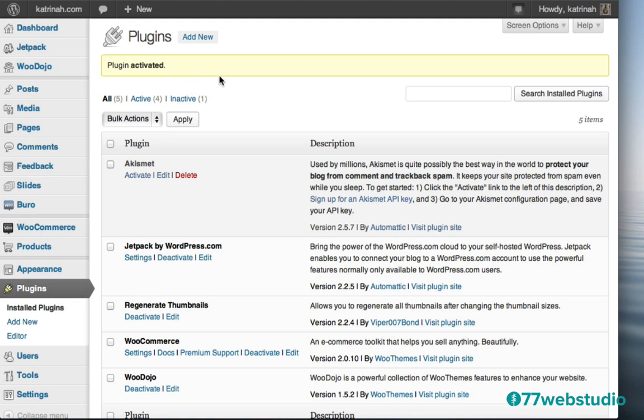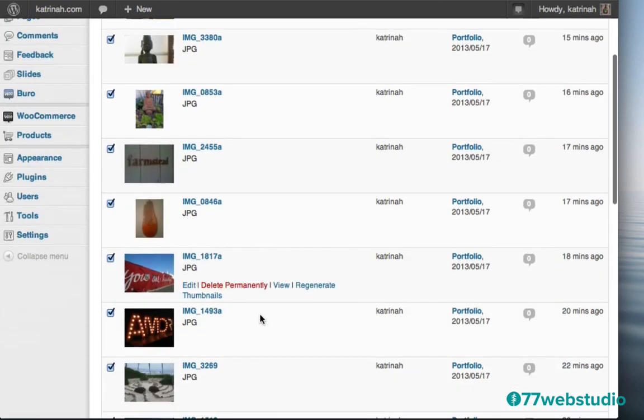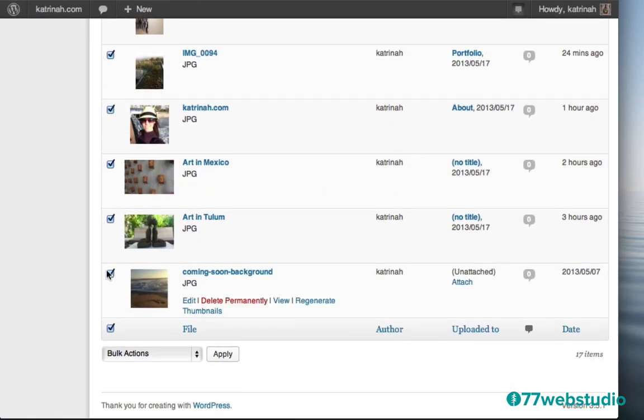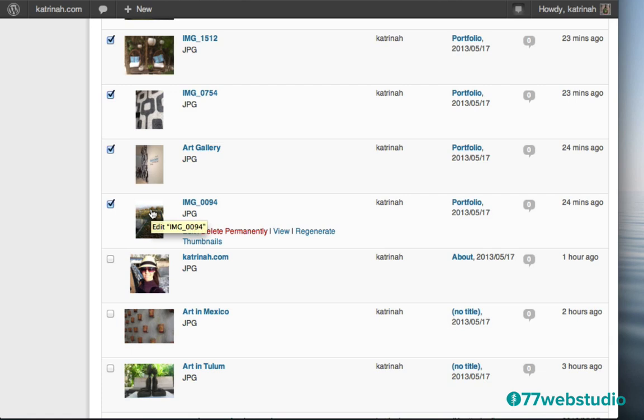Now we actually have to go through the process of regenerating all the thumbnails that are included on the images on the portfolio page. So I'm going to go over to Media over here and click on Media. And here I have a list of all of the thumbnails. I'm just going to click on this box here, which will select all of them. And I'm going to scroll down here. It looks like I want to include all of them except for these last three. These two, actually I don't want my picture either. So these images I don't want to regenerate the thumbnails for, but I do want to regenerate the thumbnails for the 12 images that are included in the portfolio photo page. So we have them selected right here.